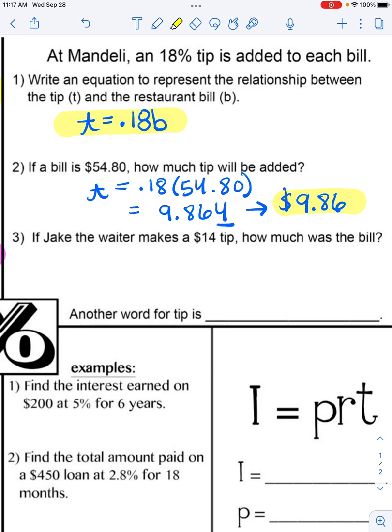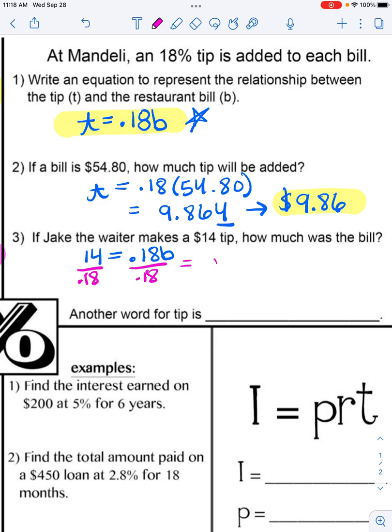If Jake the waiter makes a $14 tip, how much was the bill? So now, if I use this equation up here, I don't know the bill, but I do know the tip. So instead of the T, I'm going to write 14. The 0.18 is still the same, 18% tip, but I don't know the bill. So you learned in elementary school that to solve a one-step equation that has multiplying here, since b is being multiplied by 0.18, I'm going to divide both sides by 0.18. And whatever I do to one side of the equation in math, I always have to do to the other side. So I'm going to do 14 divided by 0.18 in my calculator, and I get